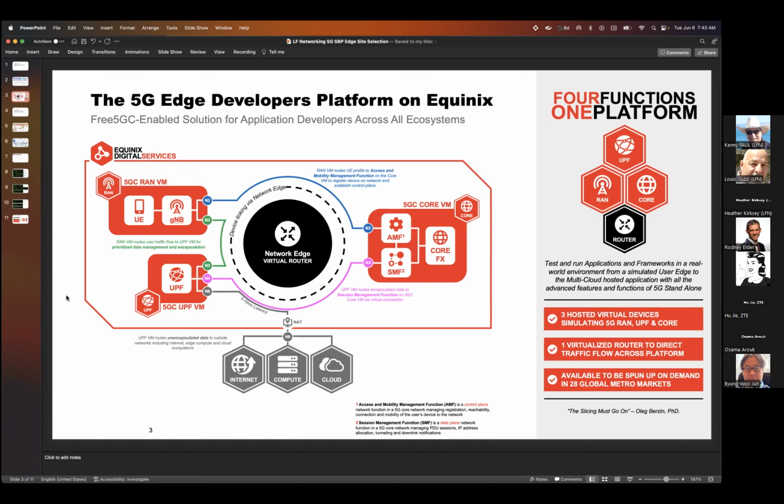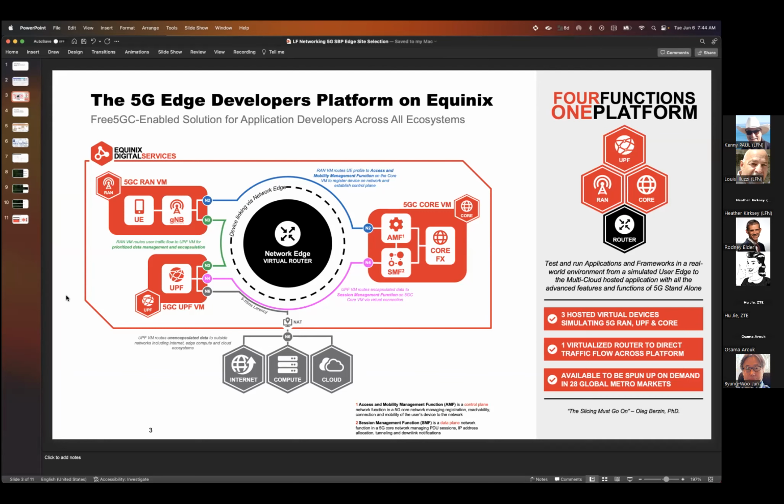Simply reach out to myself or Oleg, and we will have a discussion about what your use case looks like. In this particular conversational topic around UPF and edge site placement, we're actively wanting to utilize this as a tool. We can deploy it in more than 20 locations globally and interlink them together. What this gives us is an opportunity in the real world to see how UPF at a high interconnect location like an Equinix